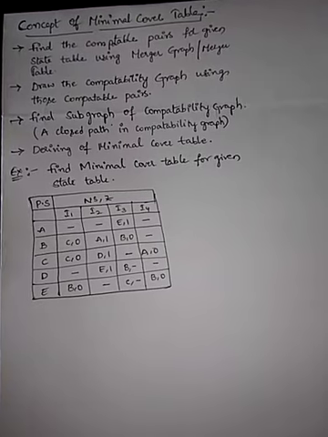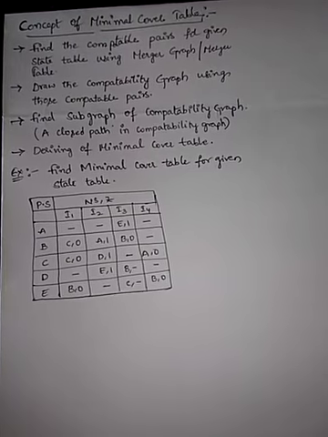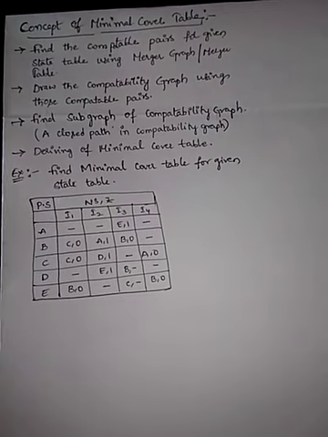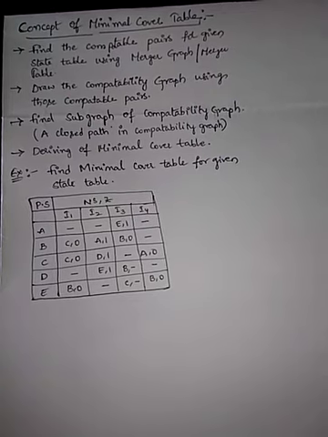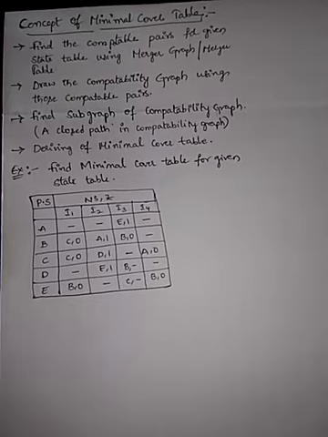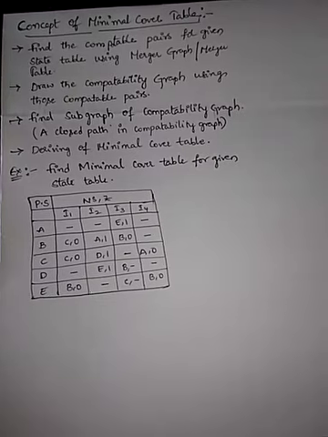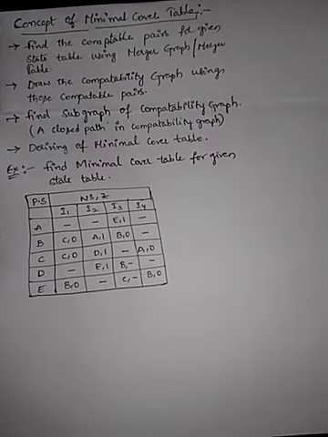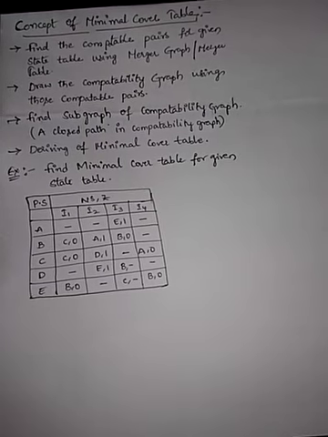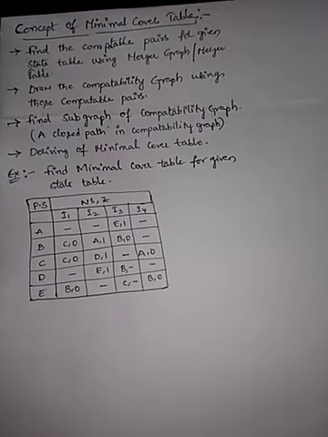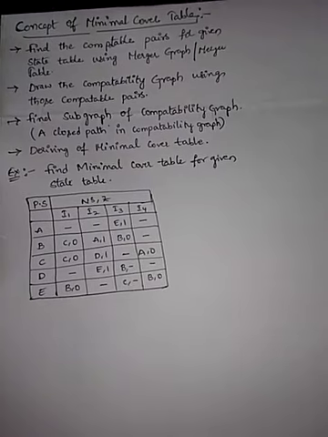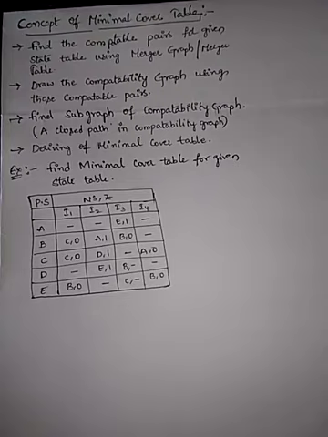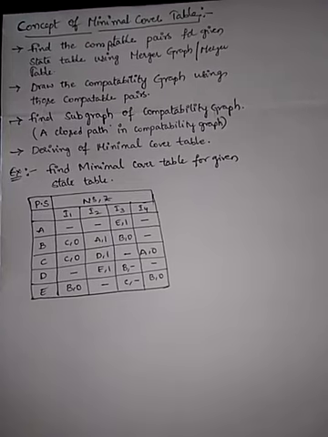And the third step is, in the compatibility graph, you need to find the closed path, which deserves some states called compatibility states, and you need to list out the states which cover the closed path. That's the thing. And the last one is, with the help of those states which are covering the closed path, you need to go to the reduction, obtaining your minimal cover table.